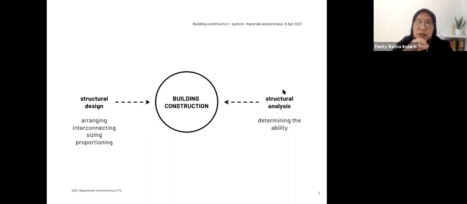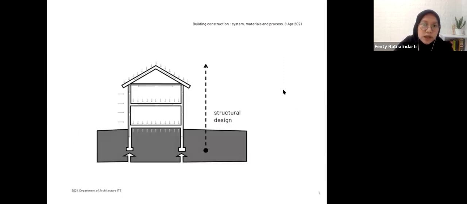But based on the nature of these two activities, I think you can understand that for the structural design, the starting point is at the bottom. So we can say that it is a bottom-up approach where you have to think about the substructure first and then go up to the superstructure, because it directly represents the building construction in real life. When you build a building, it starts from the foundation and then goes up